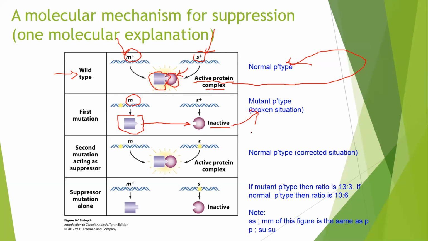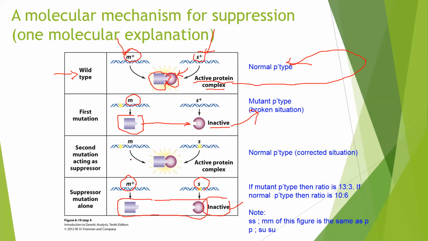The same thing here. If the gene is wild type, but the suppressor is a mutant, the same reasoning applies. These two proteins do not match in terms of the shape, and this will be inactive, and you're going to see the mutant